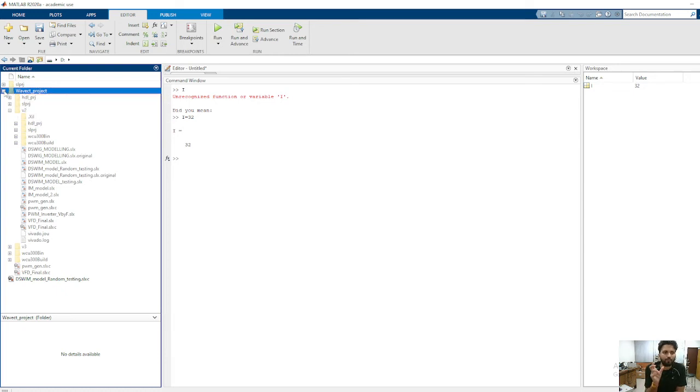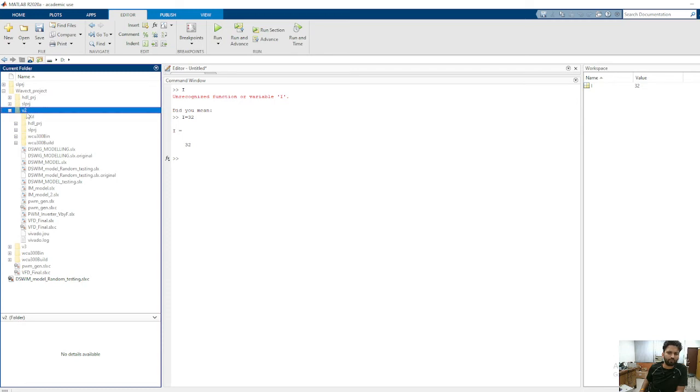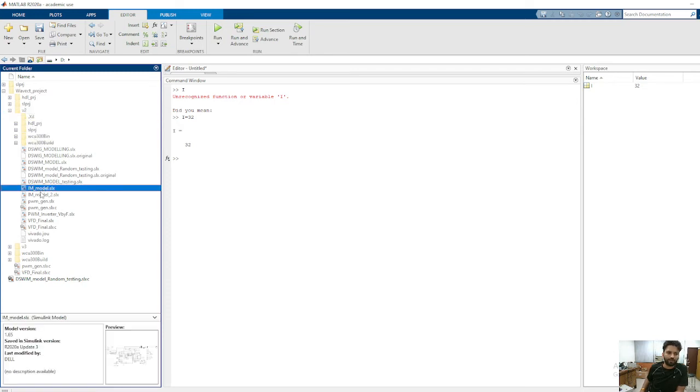Directory means the folder where you will be saving your files or creating your files. MATLAB will be extracting the file from that folder only. You have to set it here. Like I am using V2 by default. I have made this induction machine model and dual stator models. So here we can do all this.